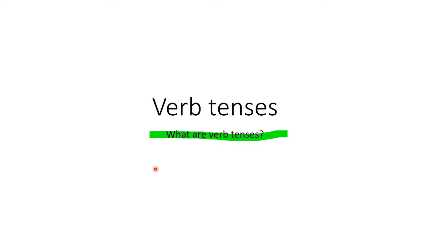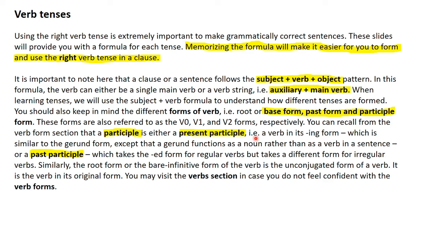In today's class, we will study verb tenses. Before we start with the main content, you need to recall a few things. An English sentence usually follows the subject plus verb plus object pattern. Subject, verb and object are elements of a sentence. And in case you need more detailed guidance on the elements of a sentence, you should visit the sentence section